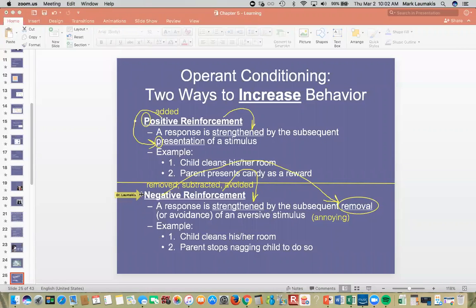If I'm lucky, the baby stops crying, right? So I've learned a way to terminate the crying by picking up the baby. My baby picking up behavior is being negatively reinforced. If I eat to get rid of the hunger pains in my stomach, the eating behavior is being negatively reinforced. If I clean up the sink to get rid of the mess which bothers me, that clean the sink behavior